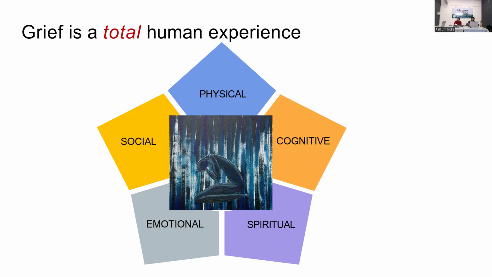So cognitively, how is grief going to affect us? How does it affect cognitively? See, I won't be able to think properly. I don't have proper attention. My attention is divided. I am not able to focus. I'm not able to concentrate. My decision making is poor. My problem solving is poor. Thank you, Dr. Kalyan. Exactly. So that's how grief affects us cognitively.